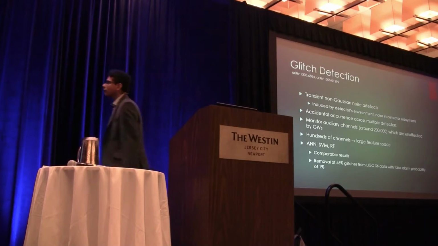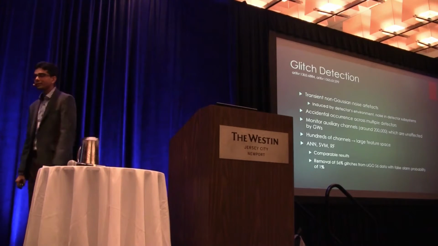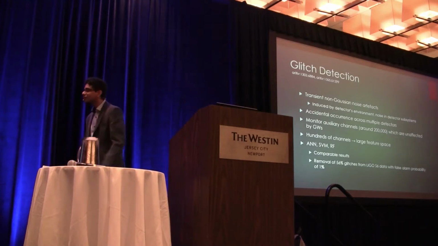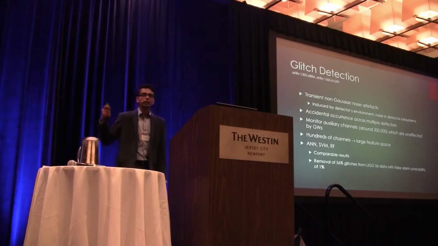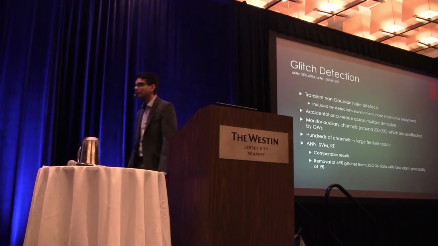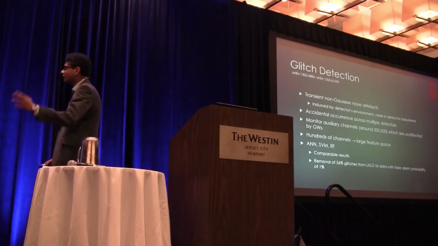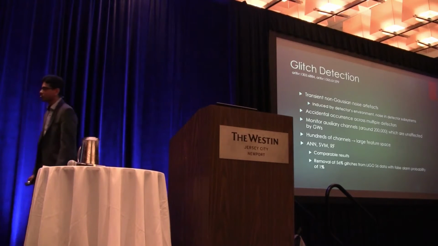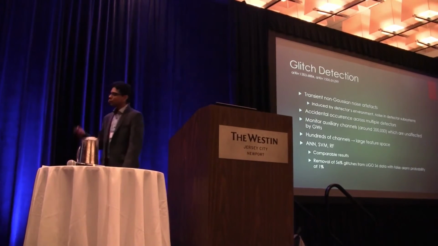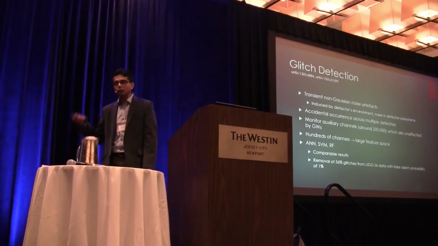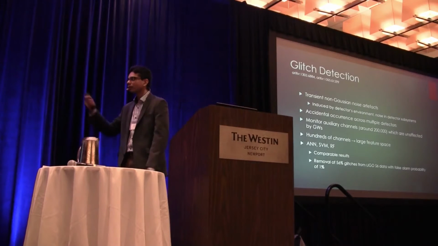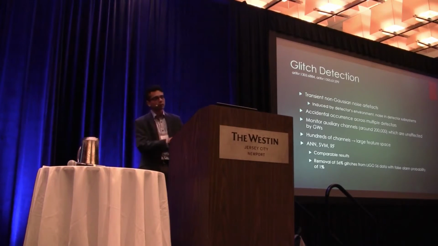So actually LIGO collects a lot more data about the transients than it collects about the gravitational waves. It has about 200,000 channels which are dedicated to detecting those kinds of transients. It has a slew of detectors. It has magnetometers, it has seismometers, all kinds of things to detect those things. But then the analysis is swamped by the amount of data that is involved here, right? 200,000 channels, just imagine how much data you would have, and then you would have to figure out whether this is a true positive or false positive.